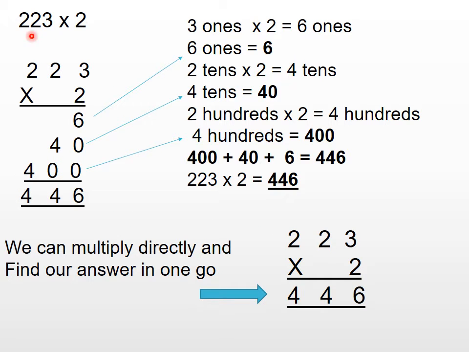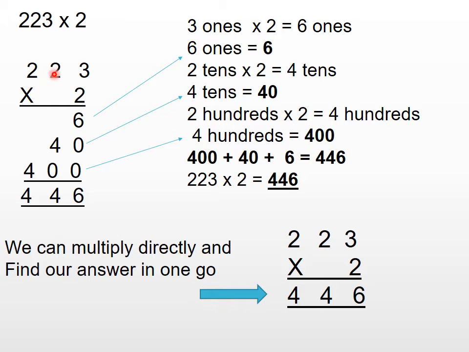Here you can see I'm multiplying 223 by 2. So what is 223 multiplied by 2? First of all, how would you do this? You have a 3-digit number and you have to multiply it with 2. First I am going to multiply 2 with the ones, and then with the tens, and then with the hundreds. First I multiply 2 with the 3 ones. 3 ones multiplied by 2 is 6 ones. What is the value of 6 ones? It is 6, right? 6 ones means 6 multiplied by 1, which is 6.